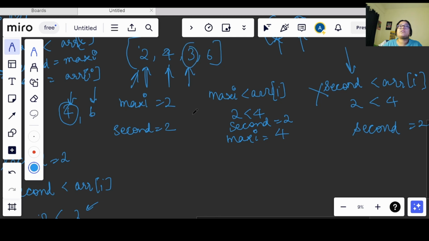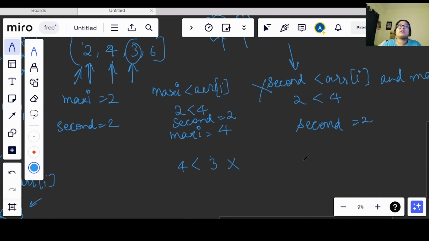Now this 3 that we have will be checked. This will be our 4 and maxi is 4, so this condition will become false. Now I will check for this condition, right?